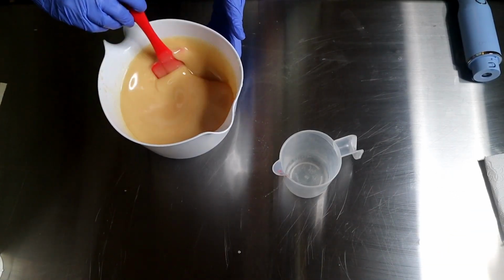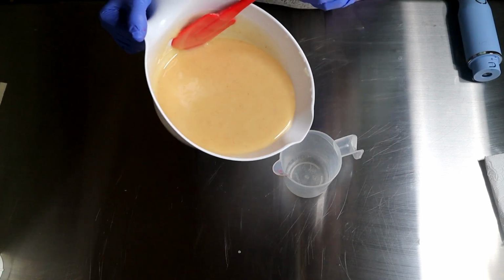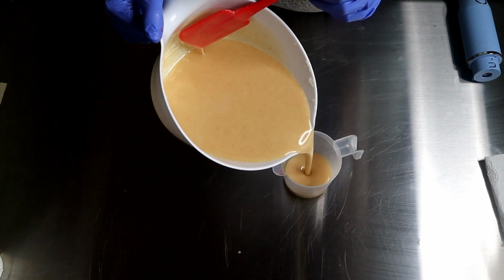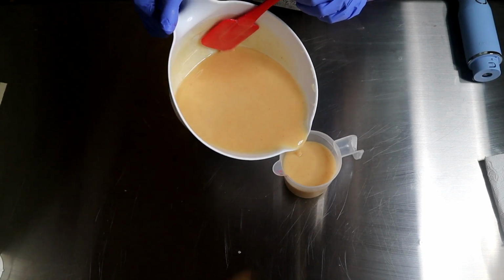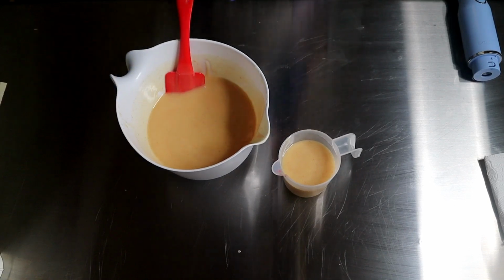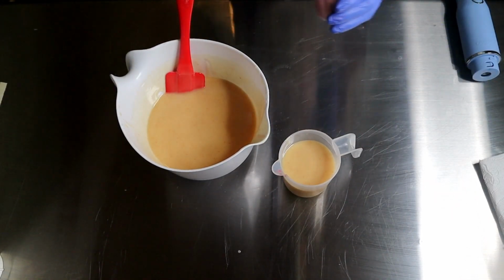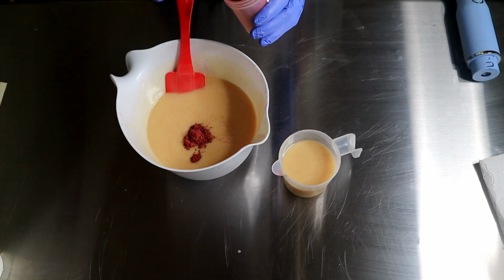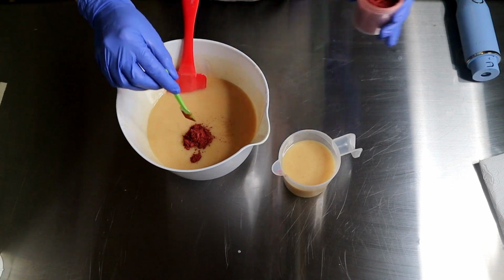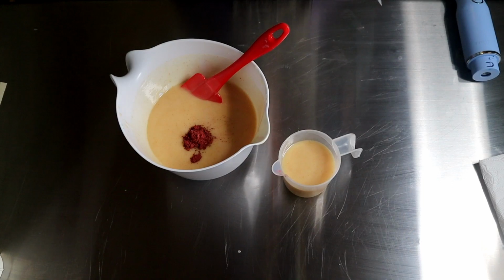So to make this a bit more interesting, instead of just a red circle, I'm going to add an accent color. And we're going to do two different color reds because I couldn't decide on which one to use, which one would be more realistic. So I am putting in, this is a Red Vibrance by Nurture Soap, into the big guy. And into the little one, I'm going to add some Trial by Fire